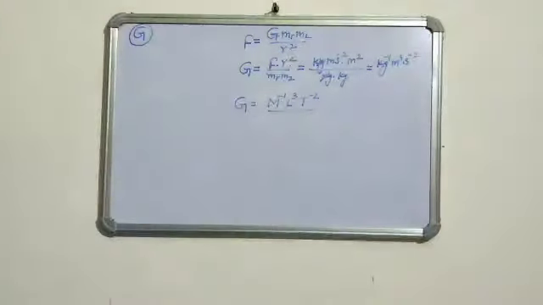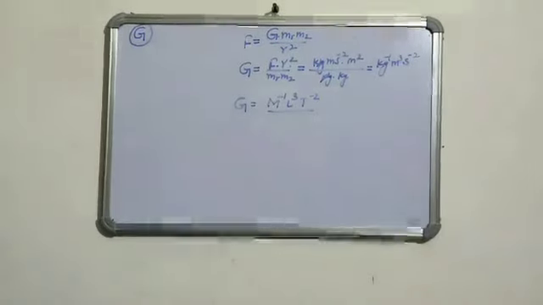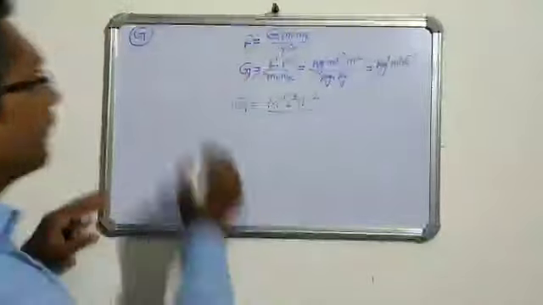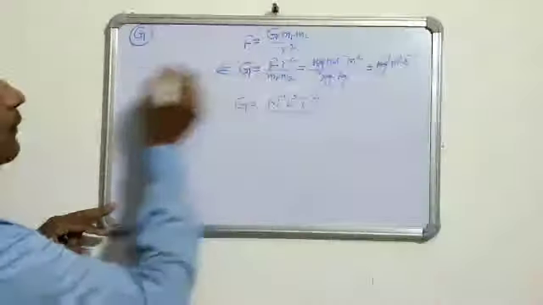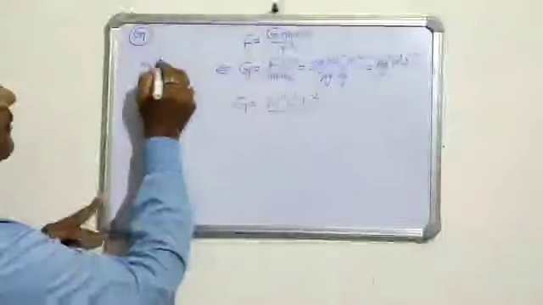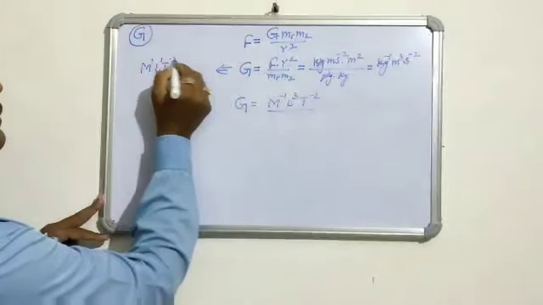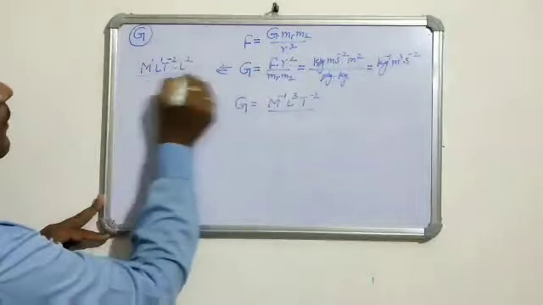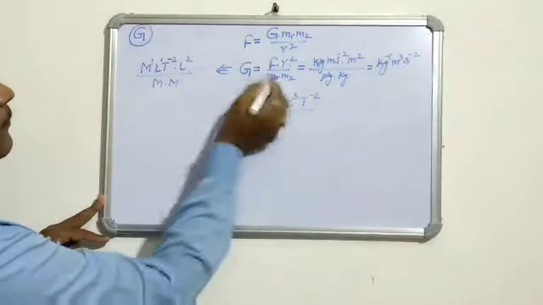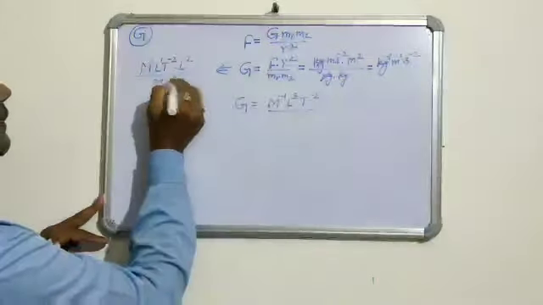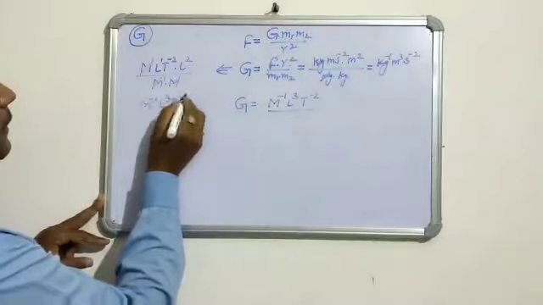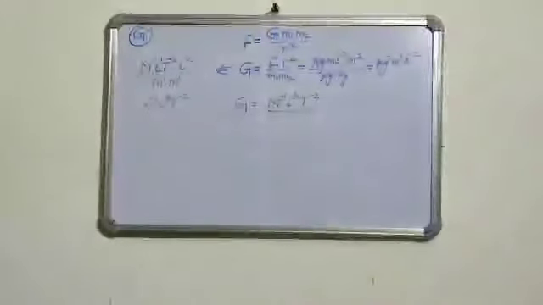It is the dimensional formula of the universal gravitation constant G. Or in another way we can also find this. The dimensional formula of force is mass into acceleration, so M1 L1 T minus 2, L2 upon M1 M1. M and M cancel, and so we get M minus 1 L3 T minus 2.